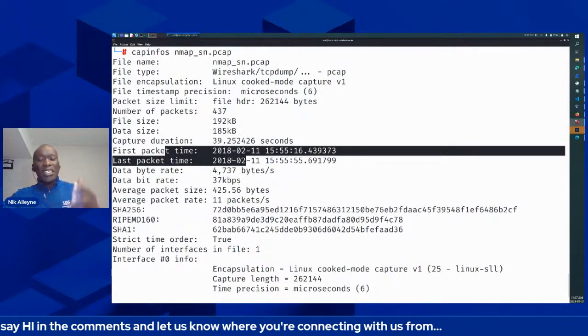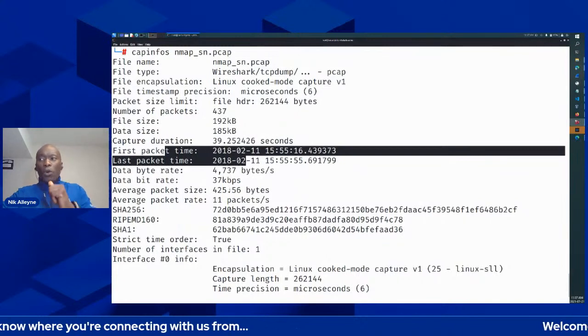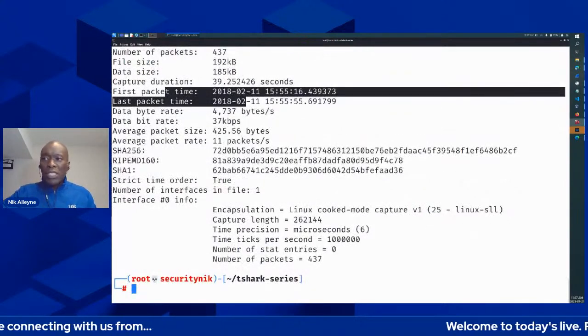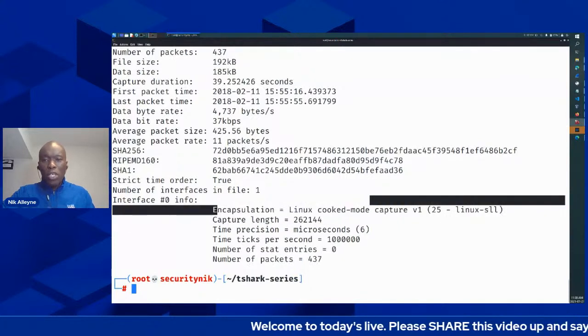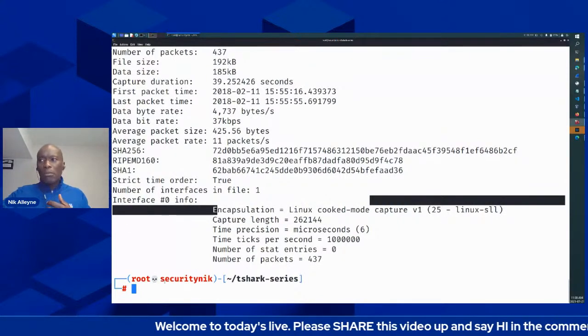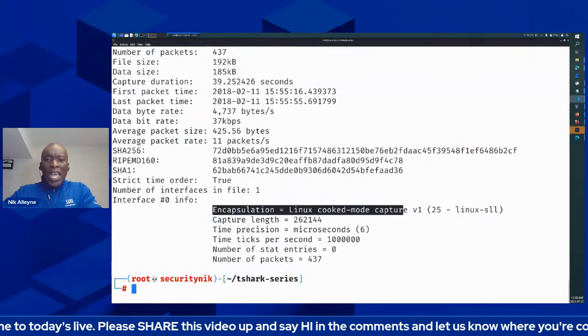So at this point, since they did not give us a start and an end time, we are going to continue with our analysis. Now, once again, we see number of packets 437. We see the encapsulation as Linux cooked mode. Just to help you understand a little bit more about this Linux cooked capture mode,